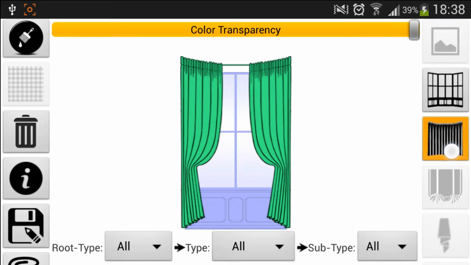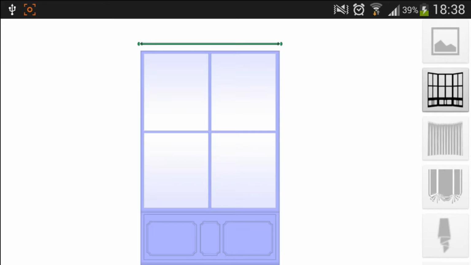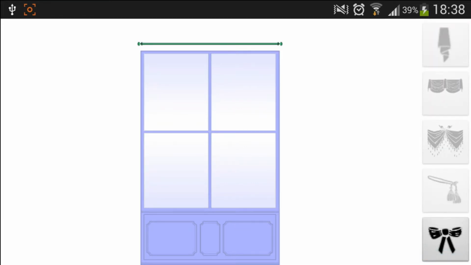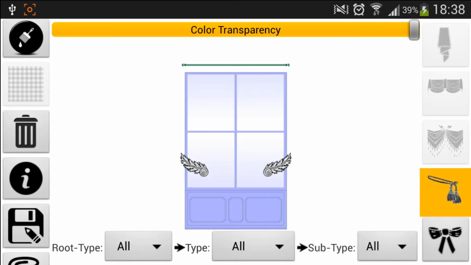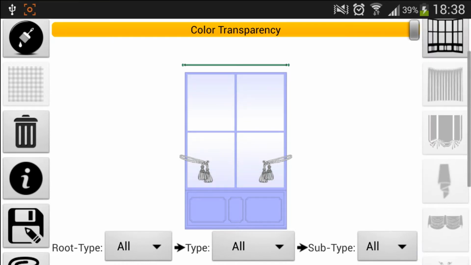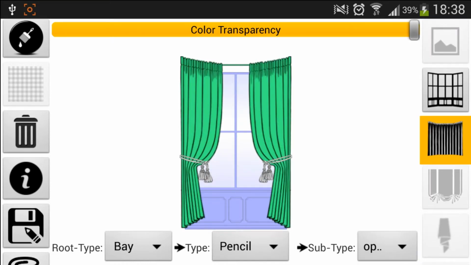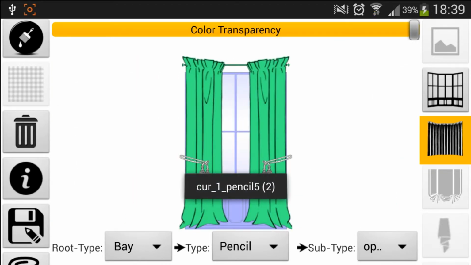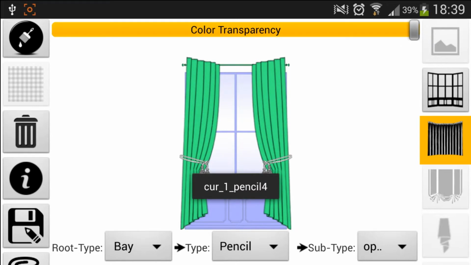Let's hide the curtain. We can also apply a different type of accessories. But for this one we need curtains. And some of the accessories need to be adjusted to the curtains.